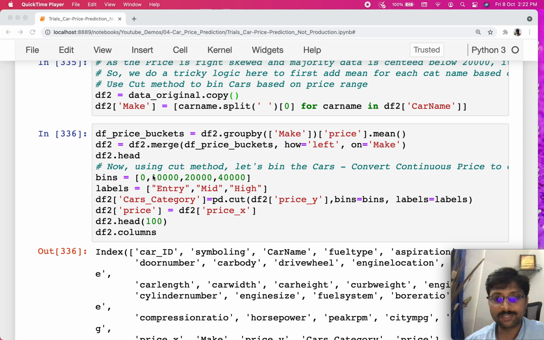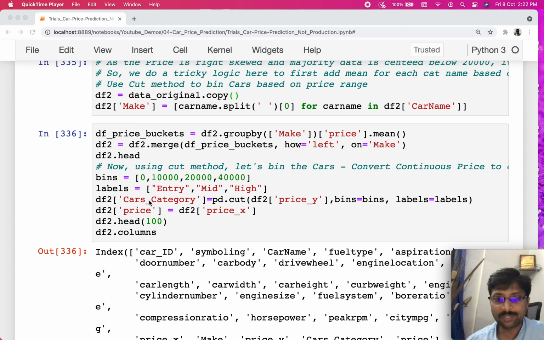So let's say if a price is 5,000, it figures out it is in this range, and it gives us the output as entry for that particular price value. Now if the next value is, let's say, 25,000, it will treat it as a high value between these two. So we are passing both these bins and labels into this cut method and the series. What it gives is another output value with only the corresponding range labels. When I say labels, it's the corresponding categories for each value, right? So that one we are going to create as a new category.